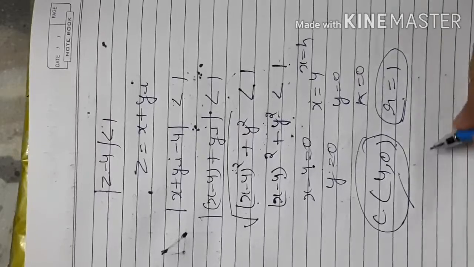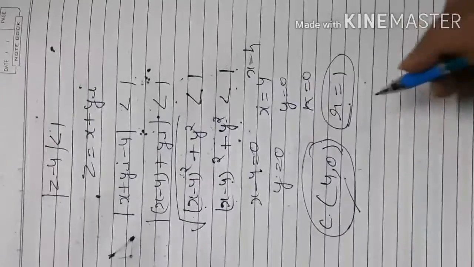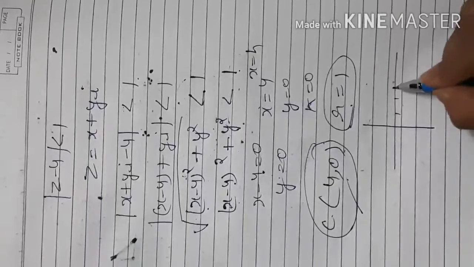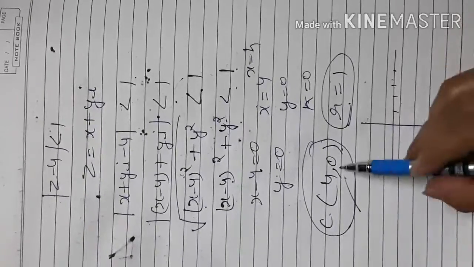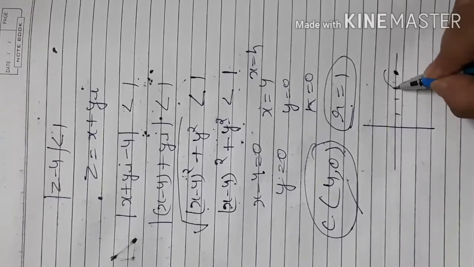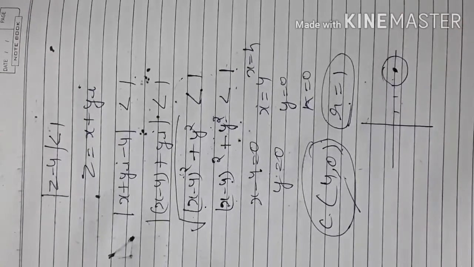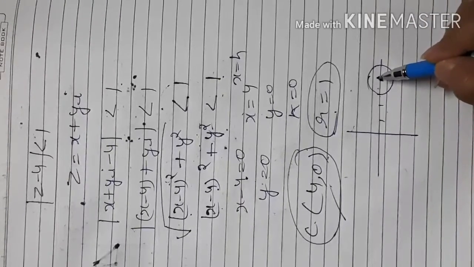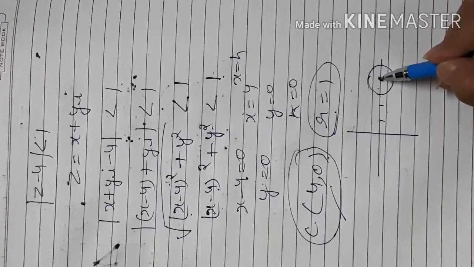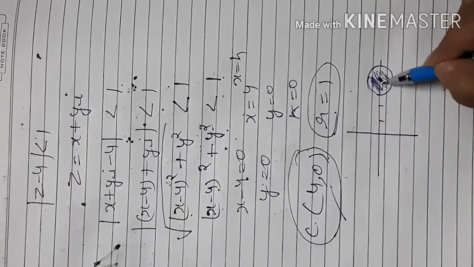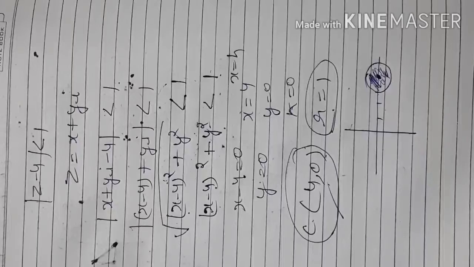Okay, so if you represent this on the Argand plane like this, 4, 0 is located here, like 1, 2, 3, 4. Okay, 4, 0 is the center point and radius is 1. So according to 1 unit, the circle will be represented like this. So how do you shade it? Shaded means whatever complex number coordinates I have to assume in place of x, y, all should be considered within this circle, not outside the circle. So that is the meaning of this equation.